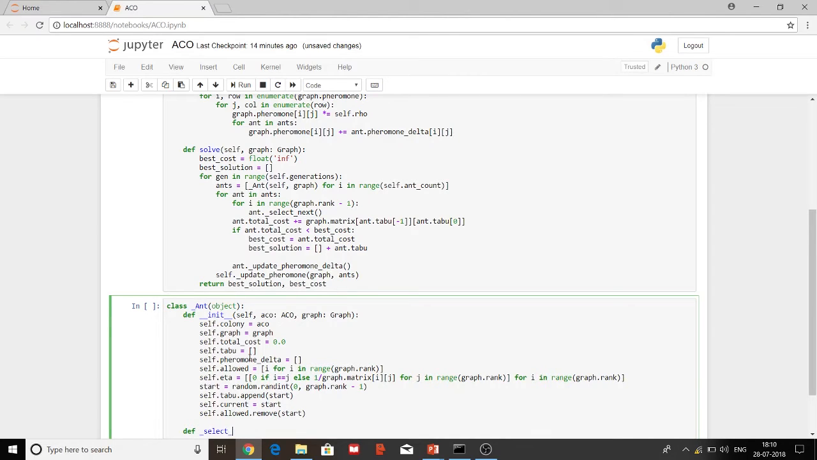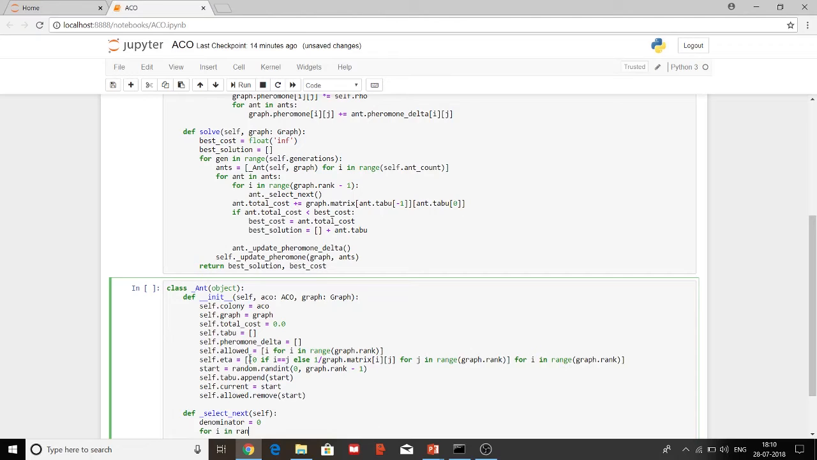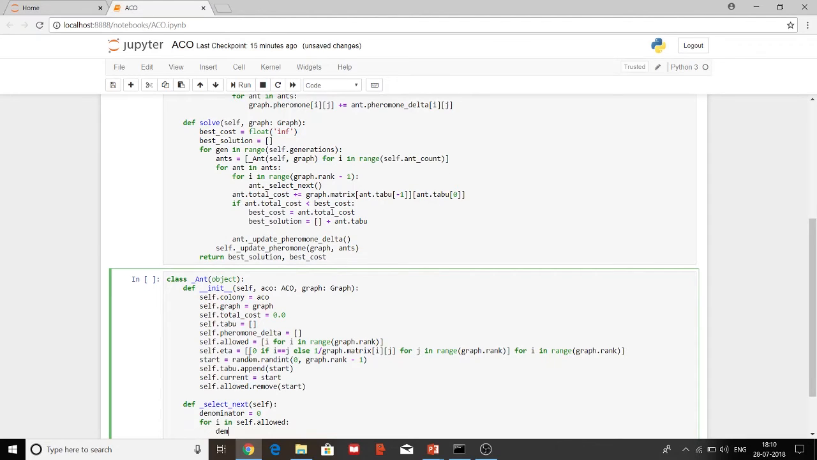Next type def select_next(self). Denominator equal to 0, for i in self.allowed: denominator plus equal to self.graph.pheromone[self.current][i] to the power of self.colony.alpha times self.eta[self.current][i] to the power of self.colony.beta. Then probabilities equal to 0 for i in range(self.graph.rank)